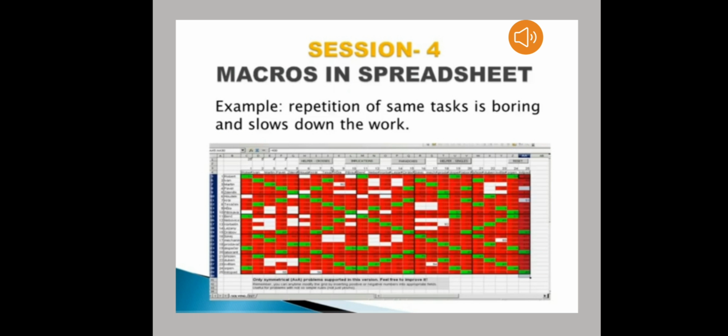So macros in spreadsheets. Example: repetition of the same task is boring and slows down the work. Are you able to see the figure over here? Red boxes and the green boxes and the white one. Many a time we have to perform similar tasks on sets of different data, like when we are preparing the result of the class. The maximum and minimum marks of the students can be the same. Many of the students may have the maximum marks and many of them will have the same minimum marks. So again and again entering the same maximum and minimum marks can be boring. So for this